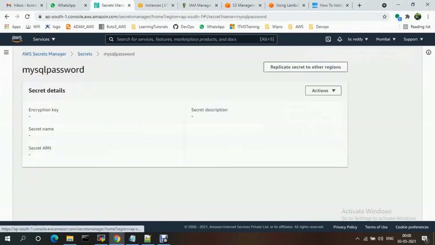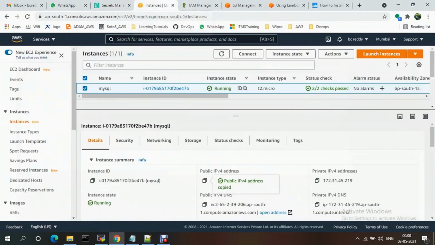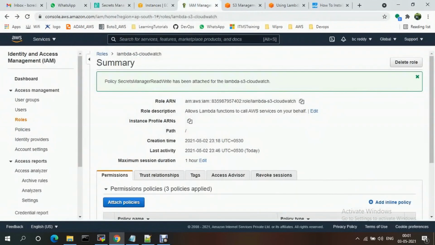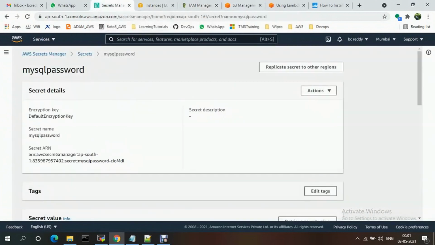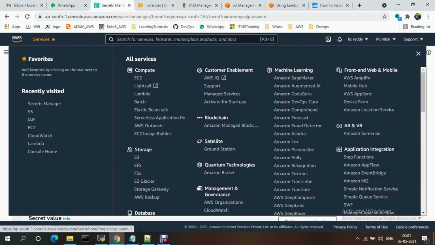The secret is stored. If you want, you can provide the details of your secret key and secret name and all. Otherwise you can use environment variables in the Lambda function itself, instead of giving hard-coded values, so your Lambda function needs no change next time.